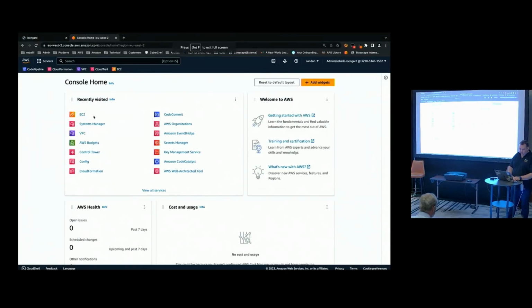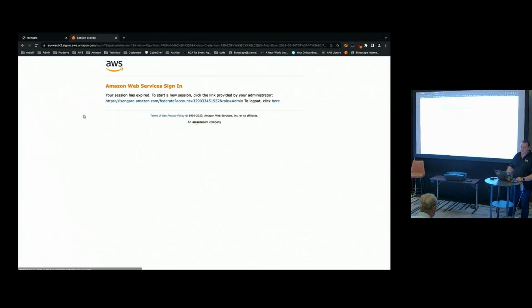So this is the AWS console. Anyone used AWS here before? Let's just show of hands. Yeah, a fair few not. So I may go through a few terms. We probably don't have time to get into everything today, so if you find me after, you can dive deeper on a few things. EC2 is our instance-based compute platform. So if I click into there,